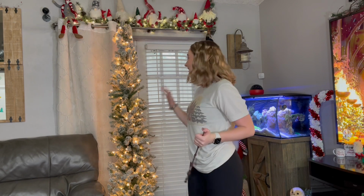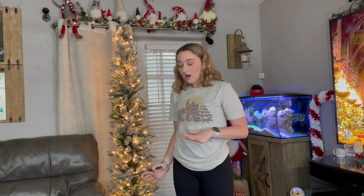Going to be decorating my Harry Potter Christmas tree for Christmas, and I'm so excited to bring you guys along. I've got everything spread out on the table, everything ready to go, but if you haven't done so already, go